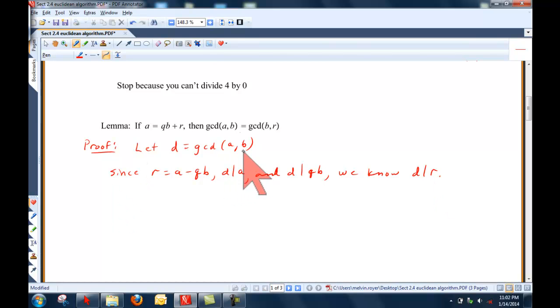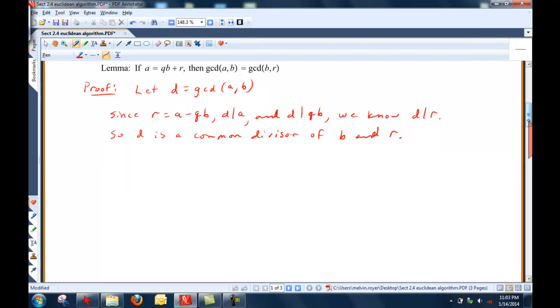And of course D divides B by definition, so in fact D is a common divisor of B and R. Notice that we're trying to, this is D here, GCD of A and B, we're trying to show that in fact D is the greatest common divisor of B and R. I've now shown that D is at least a common divisor of B and R. So to work on showing that in fact it's the greatest common divisor,